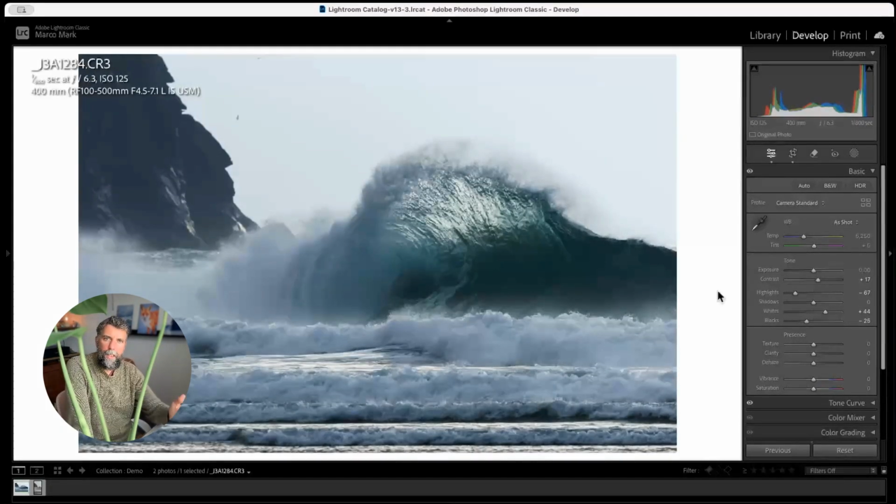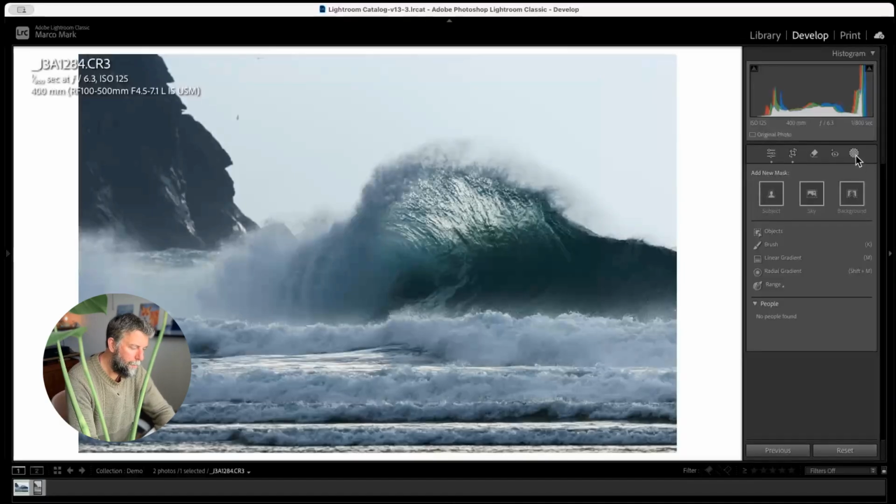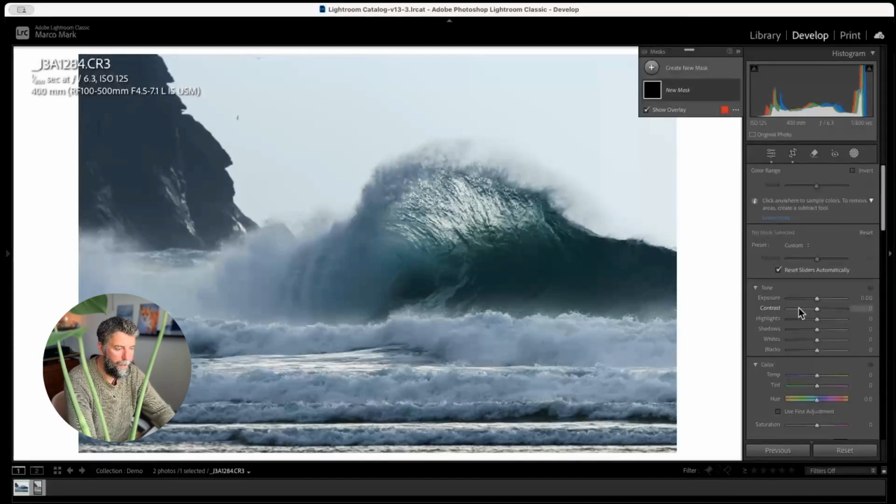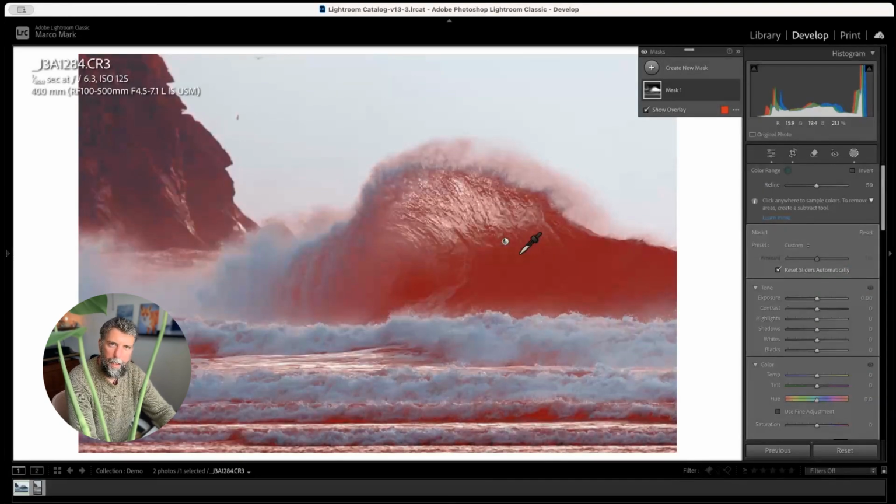And that's it. Our basic edits are done. You can already see a dramatic difference, but we're not done yet. Now, in the masking section, that's where we're really going to make this pop. So we're going to go to masking, create a new mask, and I'm going to create a color range. What I want to do is really bring out the color in this wave. So you can either drag a square and create a color range from that, or you can just click on a single color. I want to keep it quite localized, so I'm going to do that.